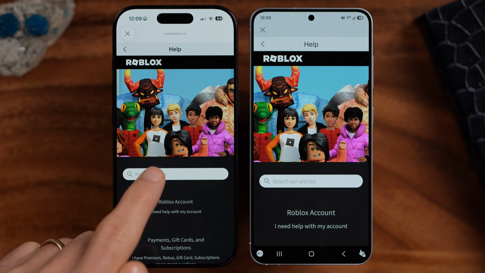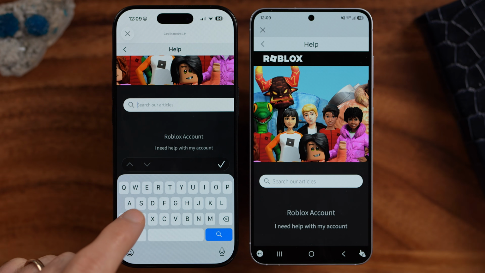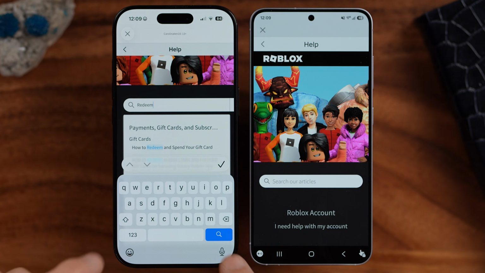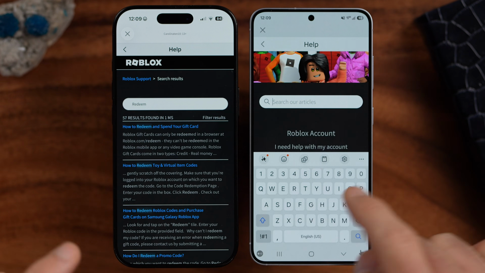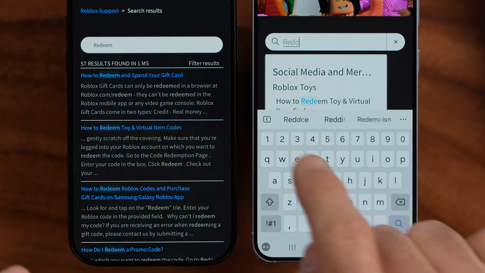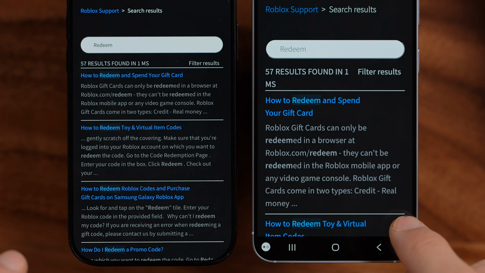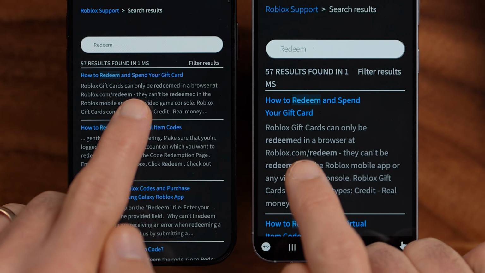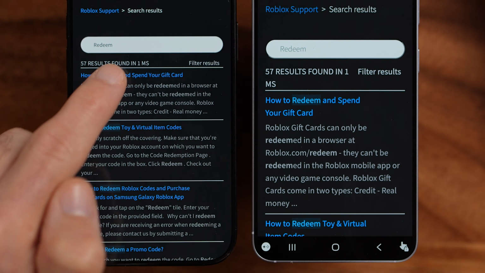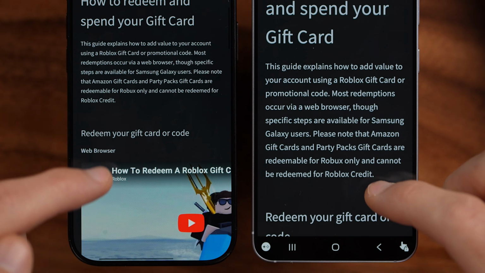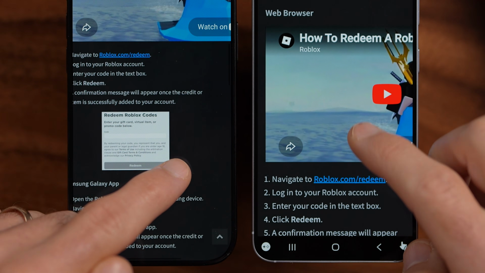From here, the help page, all we need to do is tap on search, and then we're going to just type in redeem and hit search, again, on any device. So after you've done that, you'll be able to see it says how to redeem and spend your gift card. Just tap on that and then go down from here, and you'll be able to see towards the bottom here